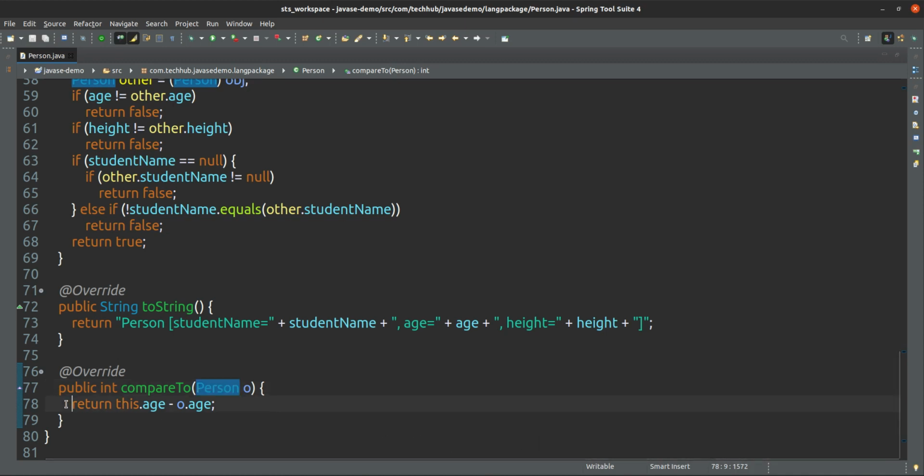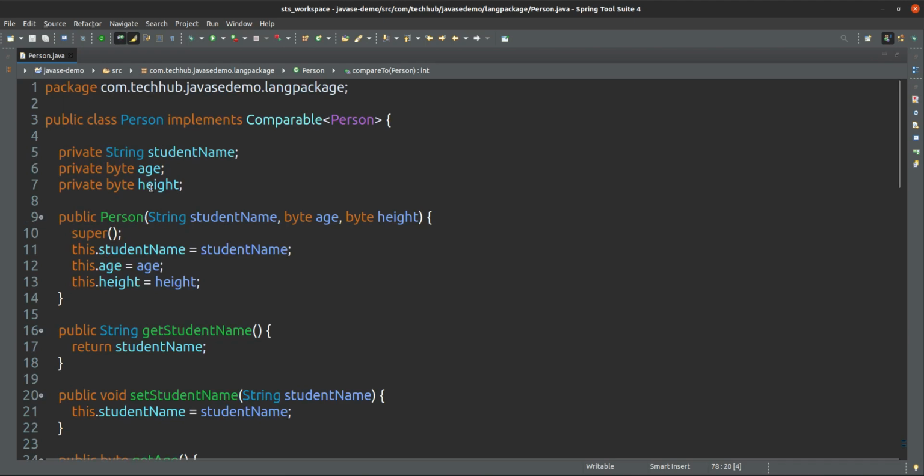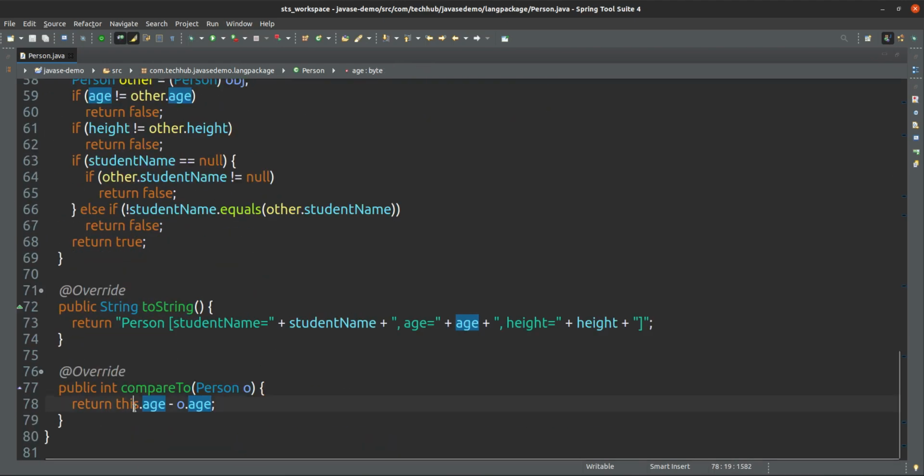So inside this one I have given one implementation. I am comparing by the age. This age means the current object's age; we have already seen that this represents the current object, and o represents the argument object. So I am giving the difference between the current object's age and the argument object's age.